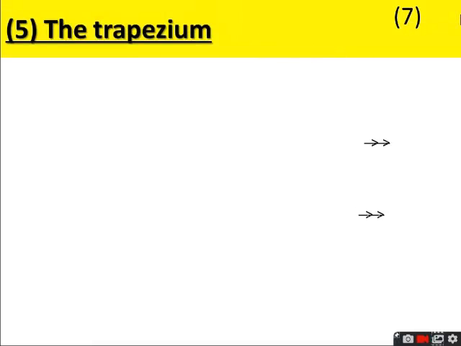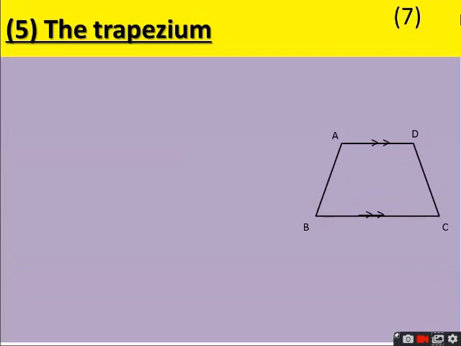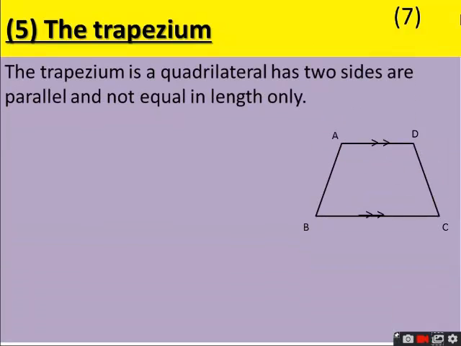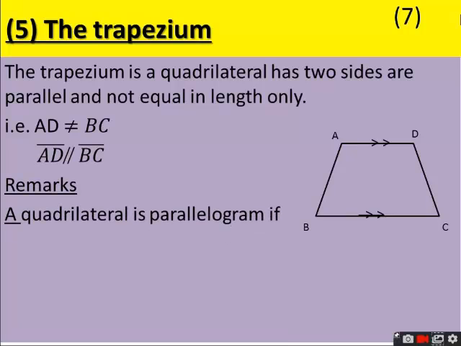The fourth figure of the special cases of the parallelogram is called a trapezium. A trapezium is a quadrilateral that has only two sides parallel and not equal in length. When we have a quadrilateral with only two sides parallel and not equal in length, then it is called a trapezium. A trapezium, here in the opposite figure,